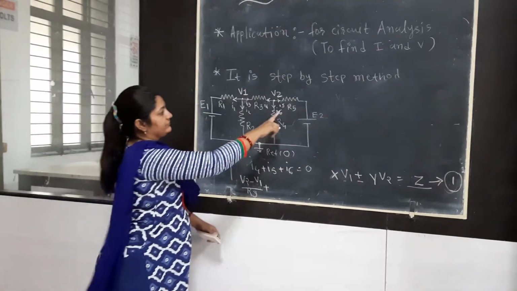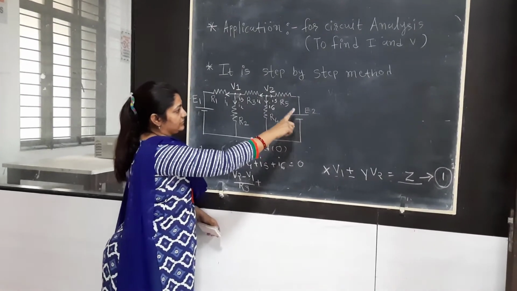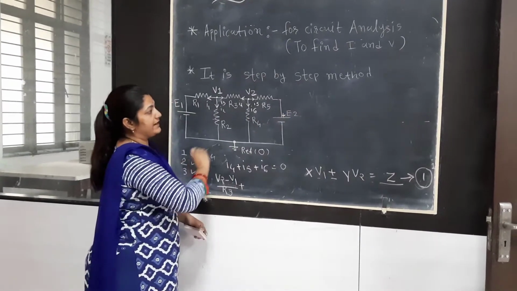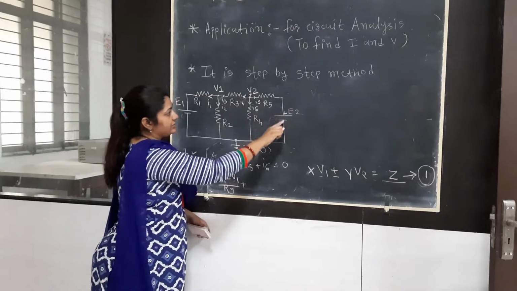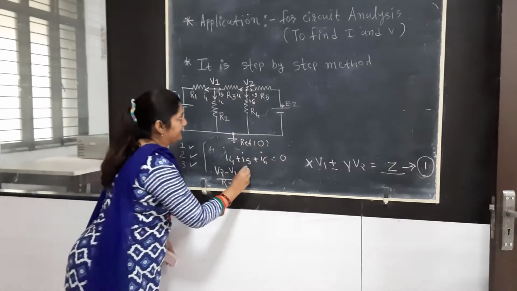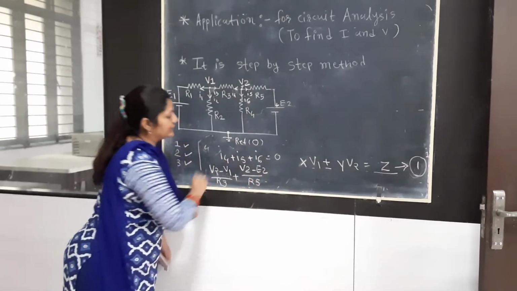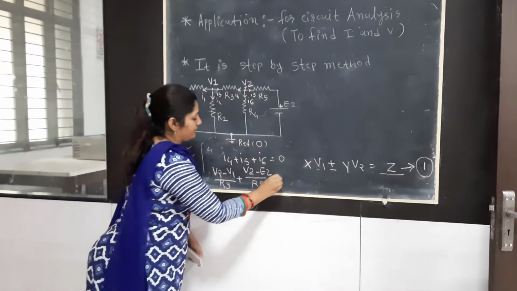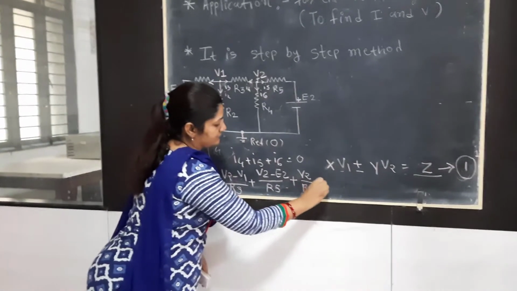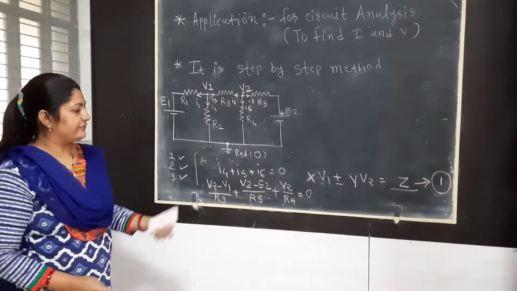For I5, V2, battery source E2 is there. So we can write V2 minus E2, plus the battery terminal. As per our direction of current, it is also plus, and plus together result in the opposite polarity. So V2 minus E2 by R5 is the replacement for I5, and for I6, simply we can say it is V2 by R4. So that's it. All terms we have converted in V by R form.